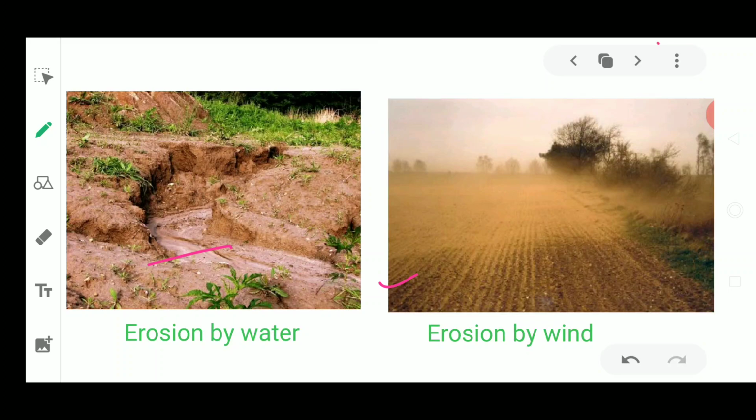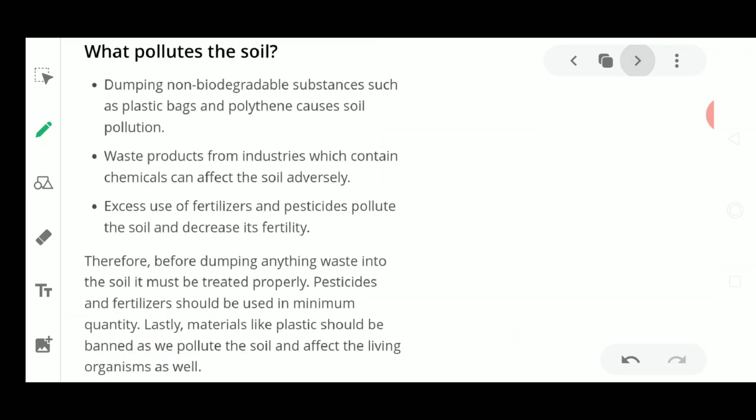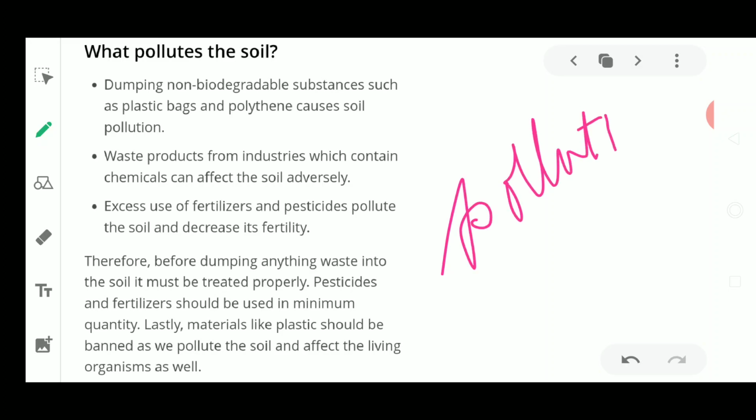Now, how is the soil quality being decreased more? This is being decreased because of pollution. Now, what is this pollution? We talked about a number of pollutions like air and water in the last classes, that air pollution is the condition which is not good for the air. Okay, now what about soil? Soil also gets polluted.